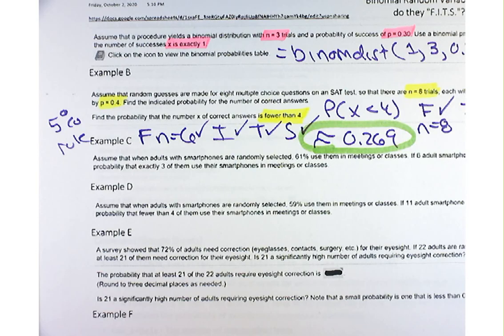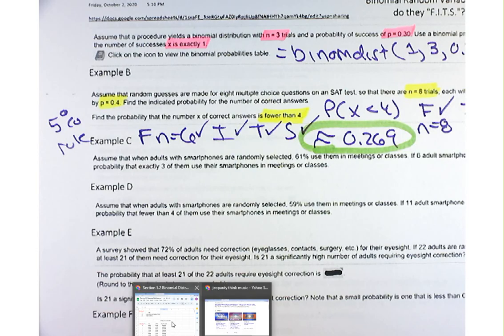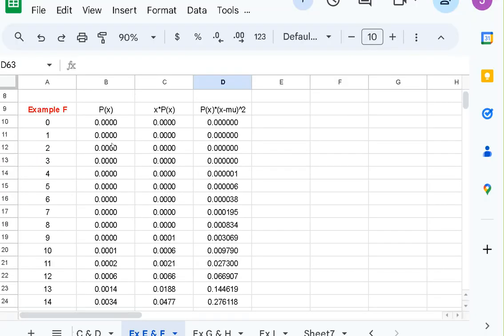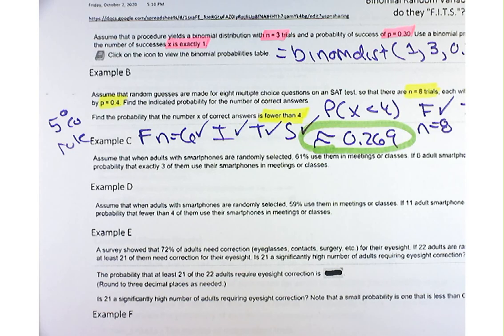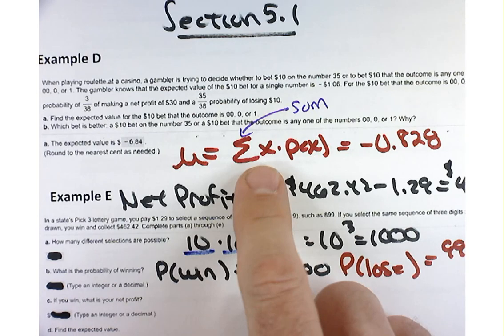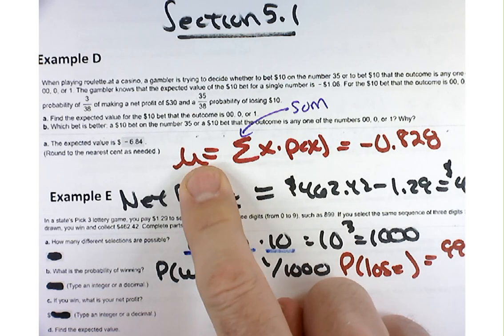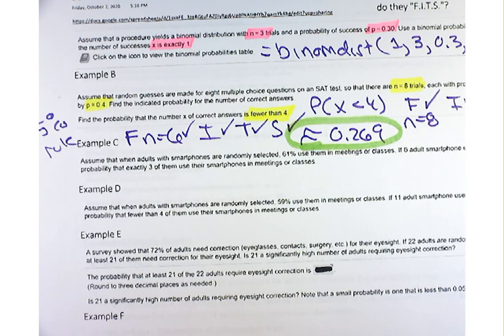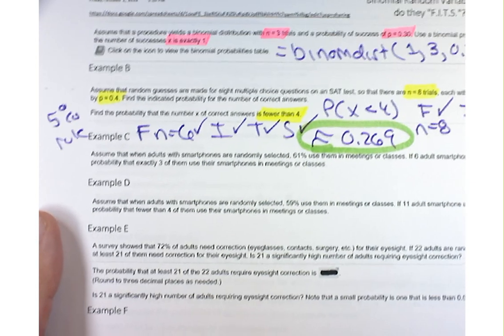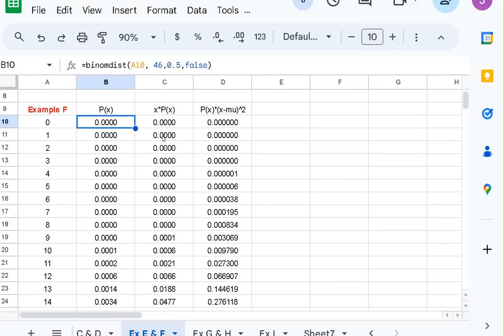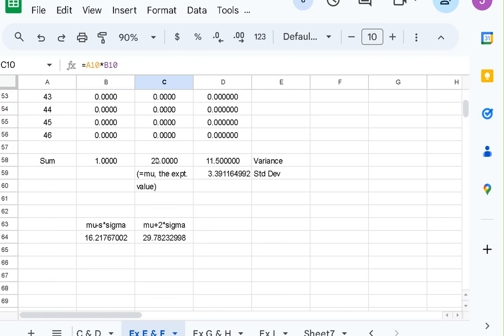Okay, we've practiced calculating the mean before from a probability distribution. And fortunately for you, I've got a lot of that work done for us. Here's our P of X. Hopefully you remember how we calculate the mean. We did that just a little bit ago in section 5.1. The mean was the sum of X times P of X. That gives you your mu, or your mean. And if I do that here, I have to go all the way down to the bottom of this column, X times P of X. And,